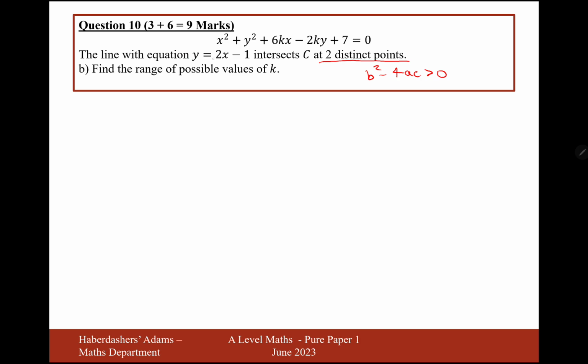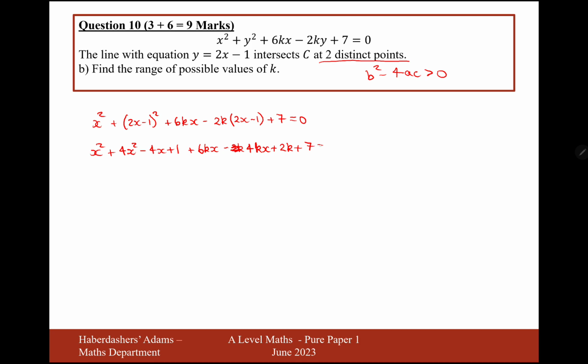So substituting y with 2x minus 1: x squared, add (2x minus 1) squared, add 6kx, minus 2k(2x minus 1), plus 7 equals 0. Okay, let's expand the brackets. We're going to get 4x squared minus 4x plus 1 plus 6kx minus 4kx plus 2k